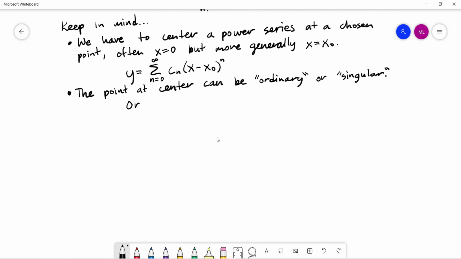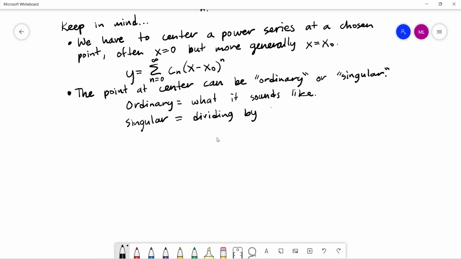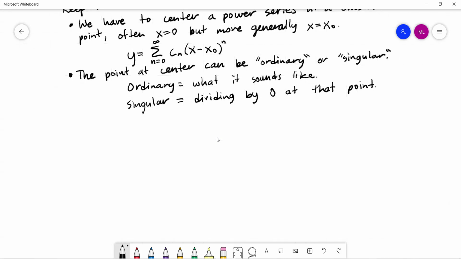So ordinary is what it sounds like. But singular means we're dividing by 0 at that point. So when I say dividing by 0 at that point, where are we dividing by 0? The idea is in the ODE. So for example,